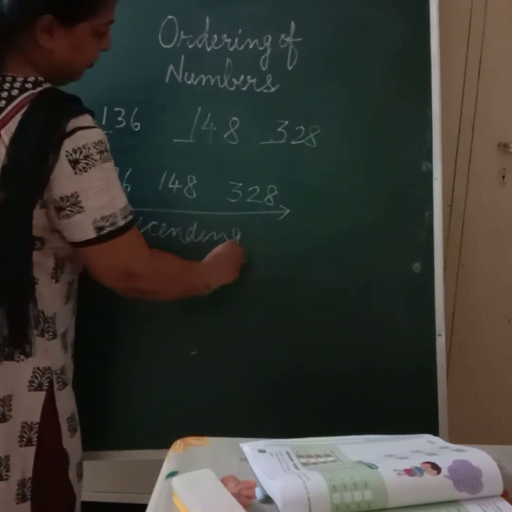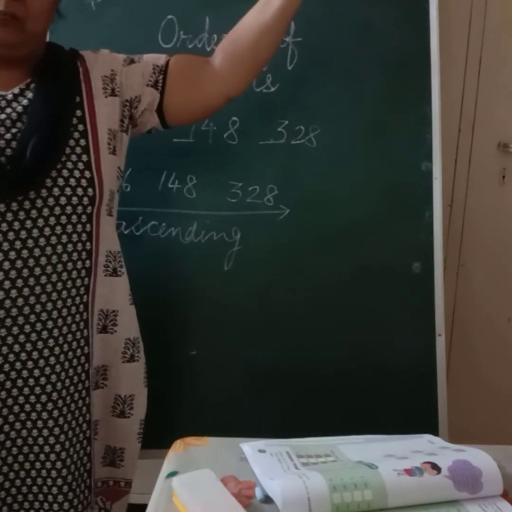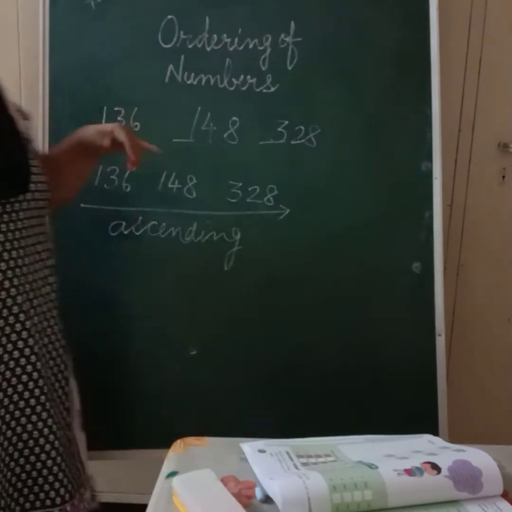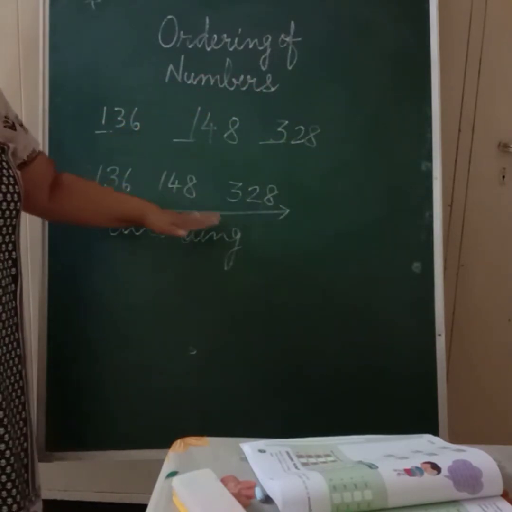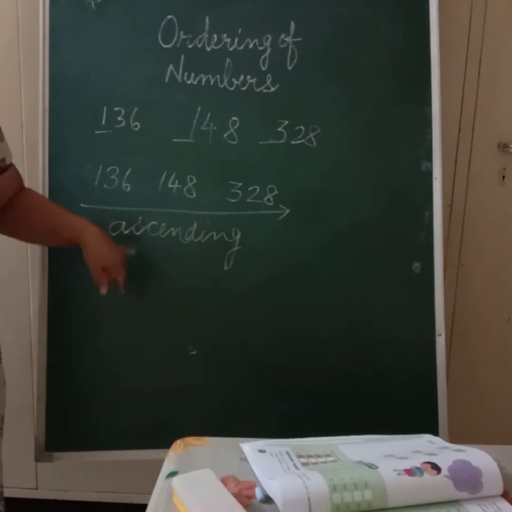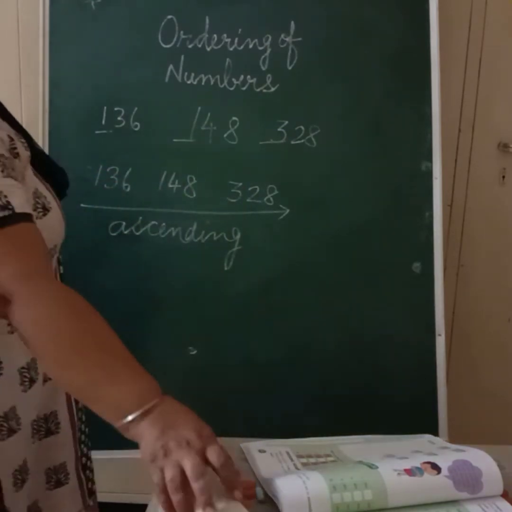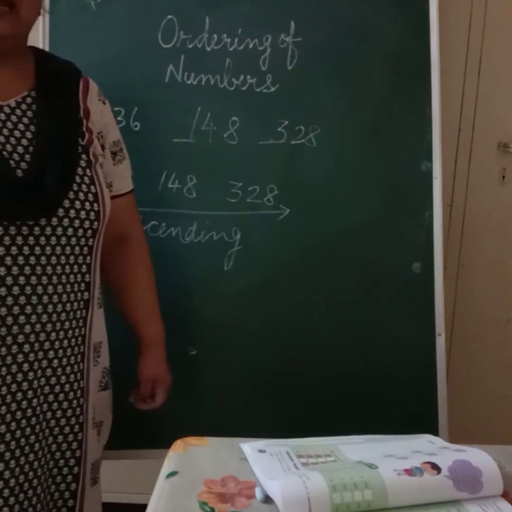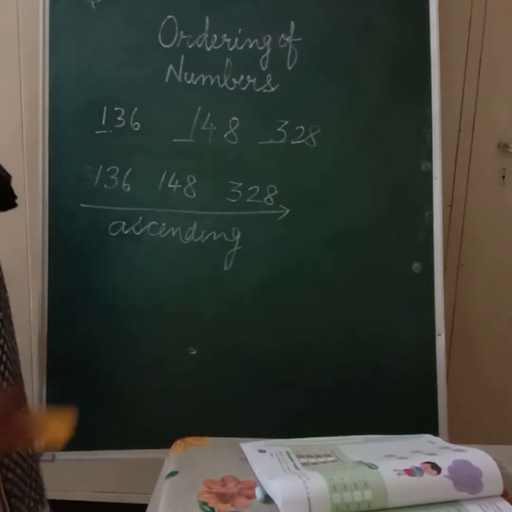छोटे से बड़े की तरफ जाना. जैसे आप बेबी हैं, फिर धीरे धीरे बड़े होके बड़े हो जाओगे, बॉय बन जाओगे, बिग बॉय, अंकल. So that is called ascending. So we may have so many numbers, 3, 4, 5. You have to just compare and write according to their ascending order. This is also called increasing order. आप छोटे से बड़ा करते जाओ. ठीक है? Now I will give you so many examples to solve in the book, and it will give you a lot of practice. I will send you questions on WhatsApp.